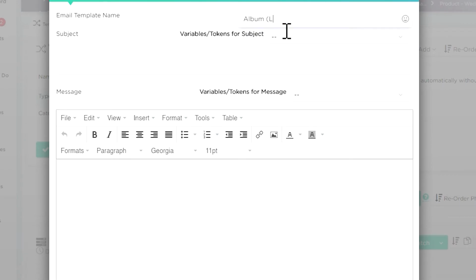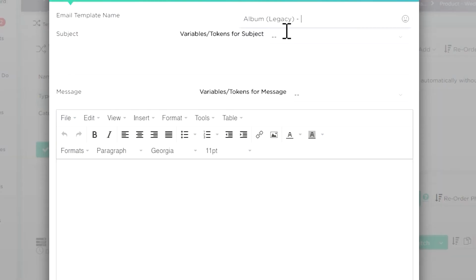And this could be generic, to be honest with you, but if you want to be specific, if you want to say your legacy album is ready, or you want to give some specific details about the legacy album or something like that, then you'll want to continue to use individualized emails, individualized text messages, all that stuff. All right, so album legacy, your album is complete,